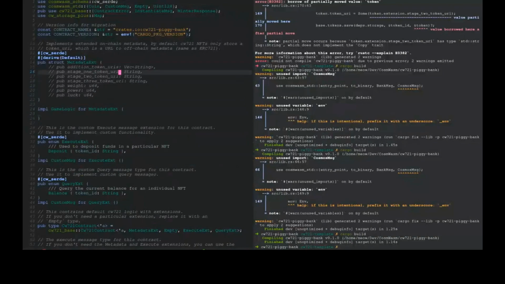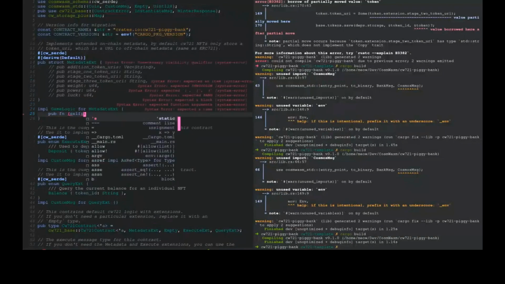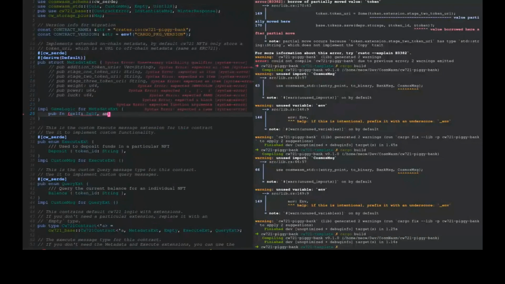So you could take the struct and implement it with all the logic for your game. So you might have a function, for example, that takes itself and maybe takes a deposit amount, or just deposit, which might be